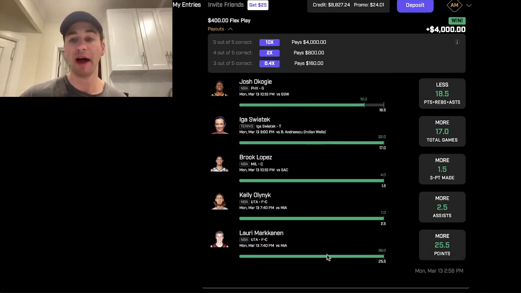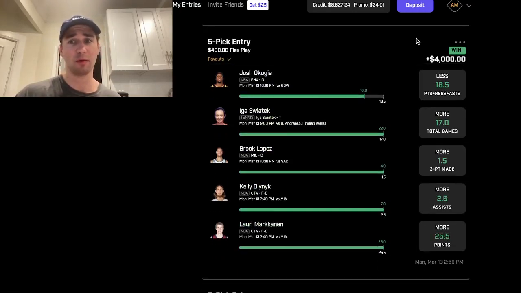You can see all 5 of these picks hit. And it looks like it was all overs except for this play on Josh Okogie of the Suns. But anyways, I have 5 more picks for today. And I say it all the time, we'll go through the math maybe a bit later in this video, but